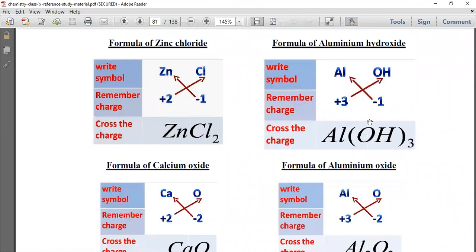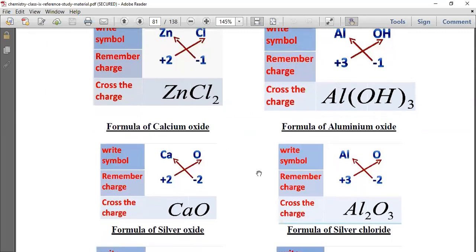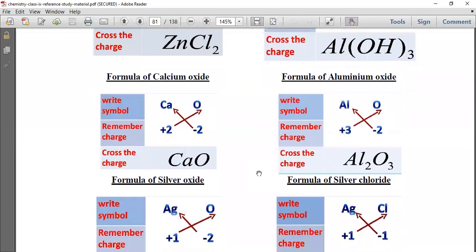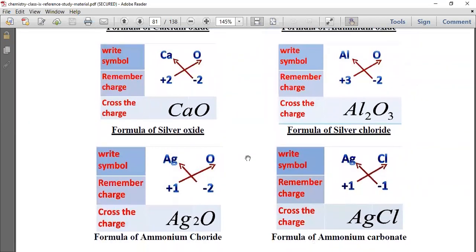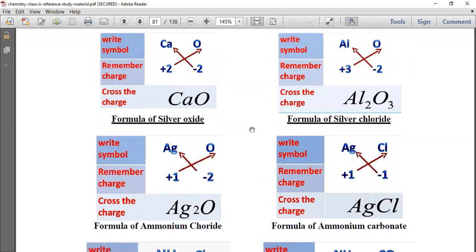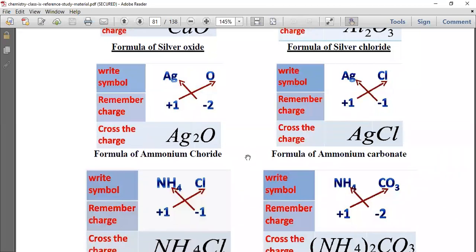Look at this one, aluminum hydroxide. Aluminum has the valency of 3, so we have to use hydroxide 3 times. That is why it becomes aluminum hydroxide, but we don't say aluminum trihydroxide. That is incorrect, right? Aluminum hydroxide is only spoken. Same way, calcium oxide, famously known as quicklime, very good. Aluminum oxide, look at this one, right? Aluminum oxide, here it is very imperative, Al2O3, right? Ag2O, this is just like sodium oxide, silver oxide, yeah.